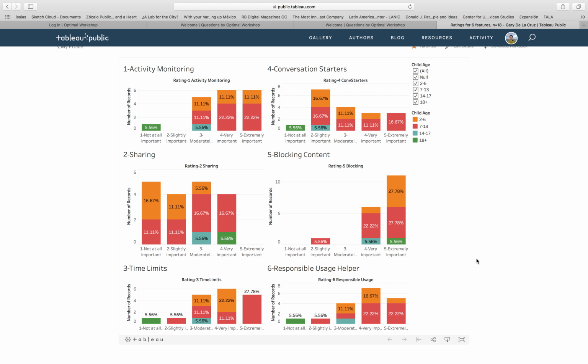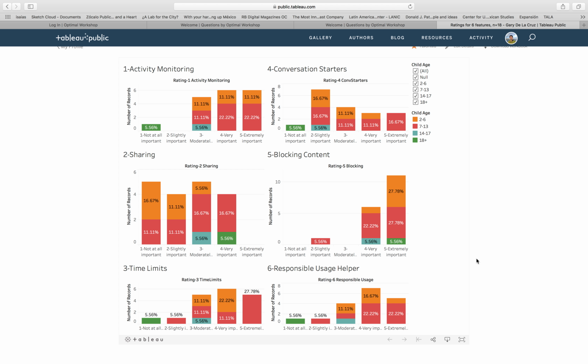Okay. So moving on to number 4. This question was one of the more experimental questions. And we called the feature Conversation Starter, and this was inspired by something in Amazon Free Time, where the platform will provide the parent with discussion prompts or questions related to the content that the child has viewed. And it's to promote conversation between the parent and the child. So this didn't get a very good reception, and I kind of think it was hard to present the value of this in a single question.